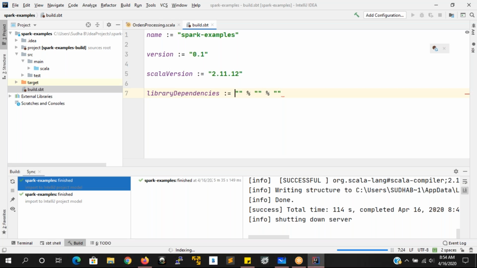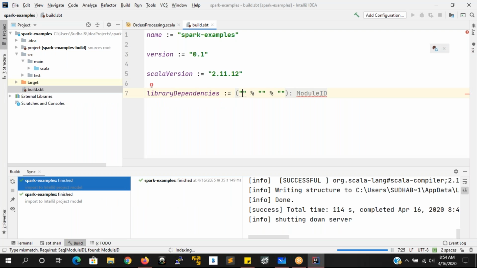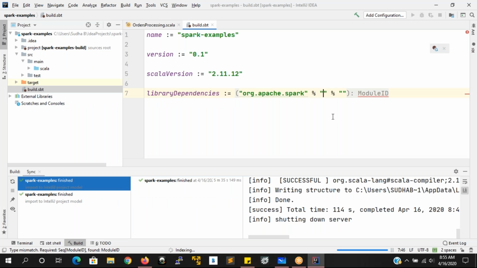In the first double quote, you have to write the group ID. What is the group ID? Group ID is org.apache.spark. This is what you have to write. And in the second, you have to write the library, spark-core_2.11. Okay, I'm just copying here, I'm going to paste it here.